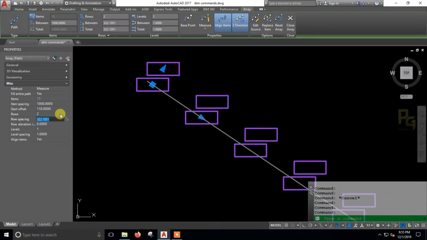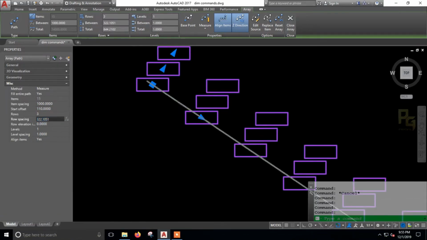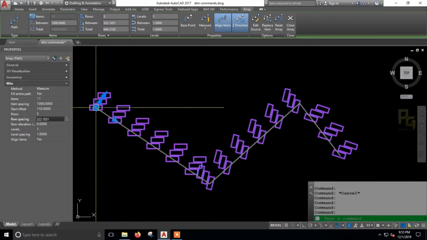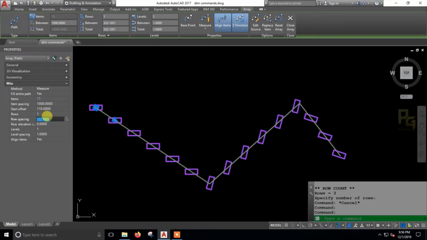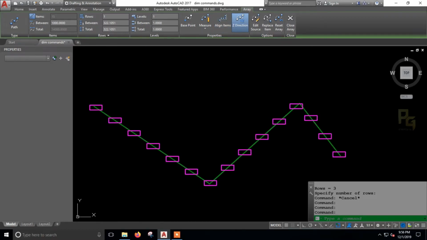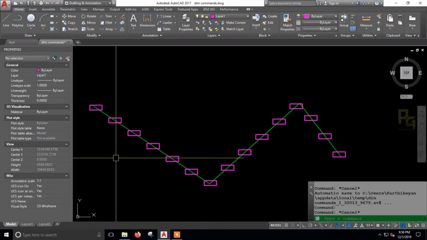This one is about the row. Like we saw in polar array, it creates a number of elements throughout this. So I am making it one. This one is the row spacing, which we already saw in polar array, and this one is for 3D items. Align elements is also like our polar array. If you give yes, this rotates with respect to our path. If you give no, it stays the